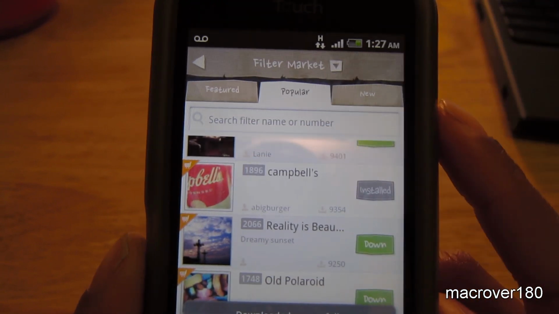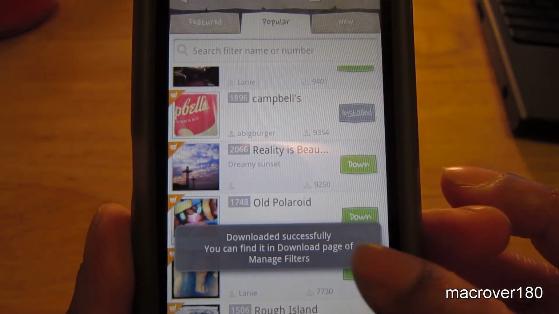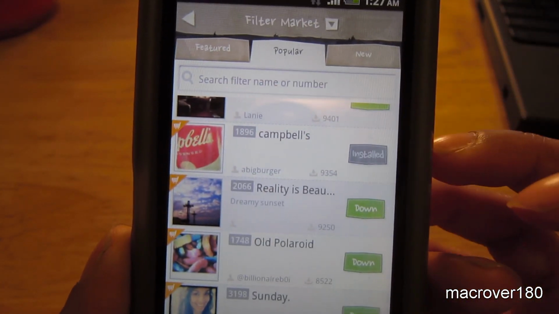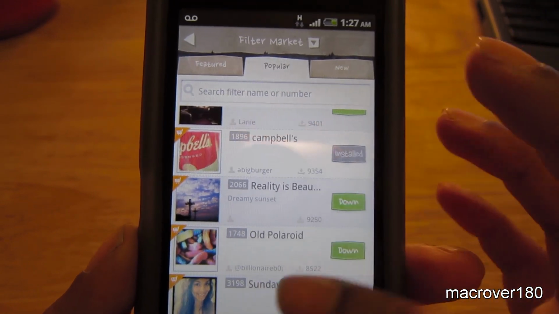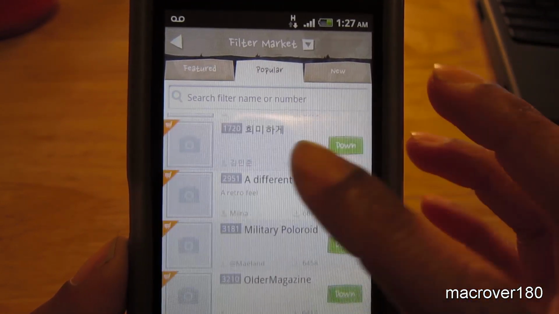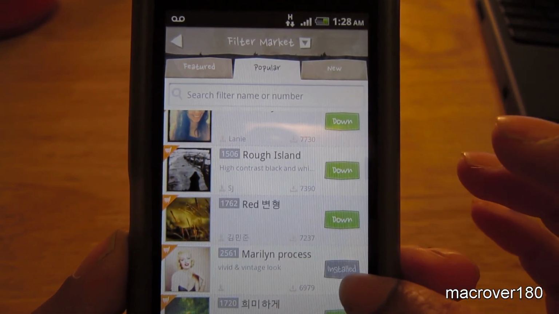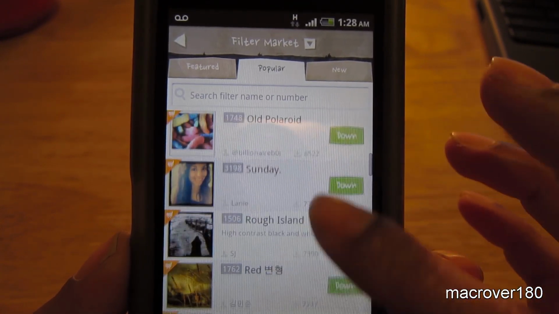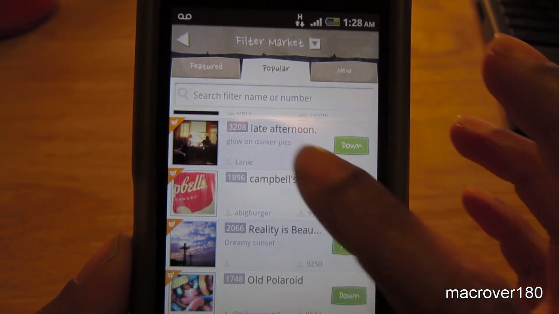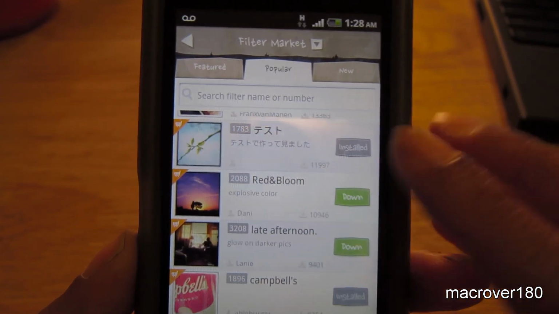I'm in the popular tab. And when you finish downloading it, it doesn't take you out so that you can continue to keep downloading. But when you download a filter, it says installed, as you see here. So you're never really, you know,